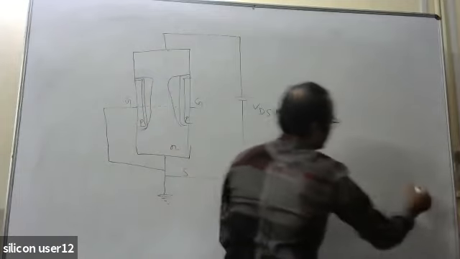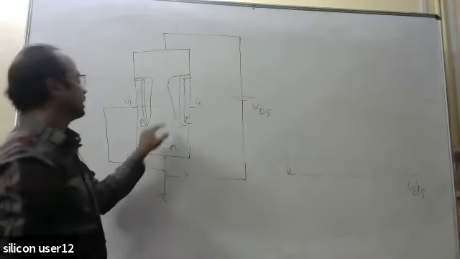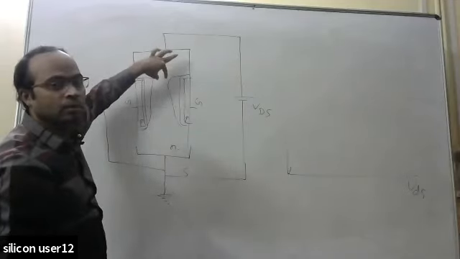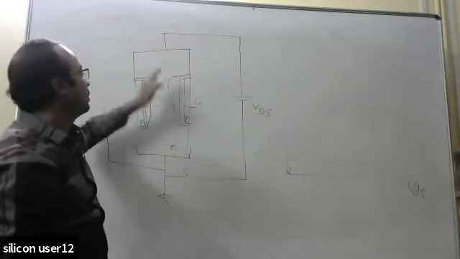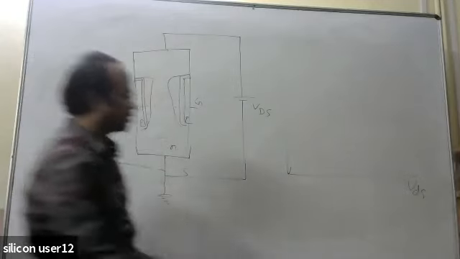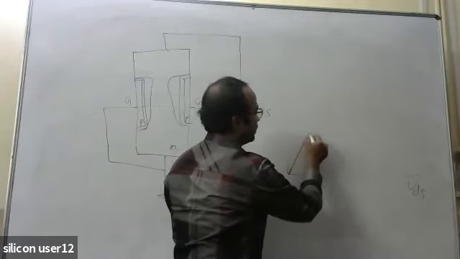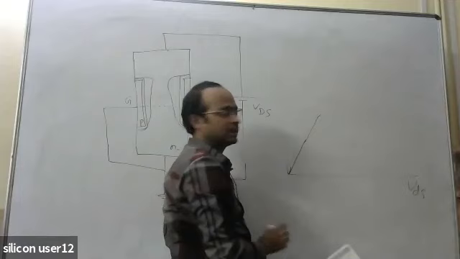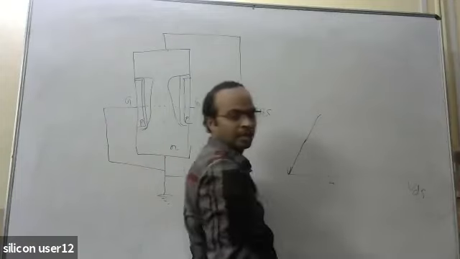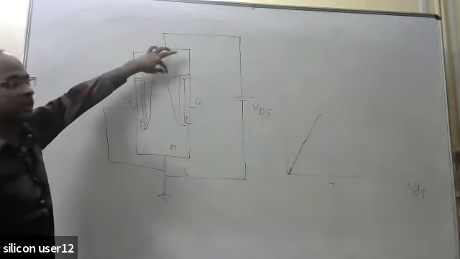We had seen that with an increase of VDS, the ID current will increase, and this depletion region will try to get closer together. But until they are connected, I still have a path, so the current will go on increasing, up to a certain point. Let us say this is, for example, 4 volt. When I have applied 4 volt VDS, assume both depletion regions have touched each other.